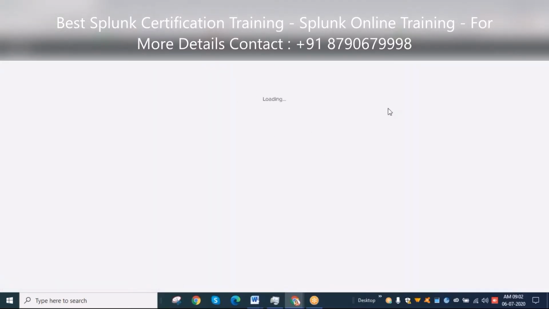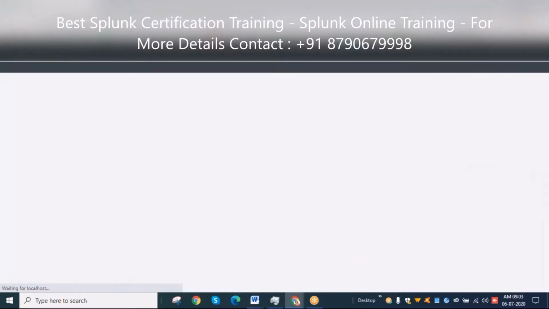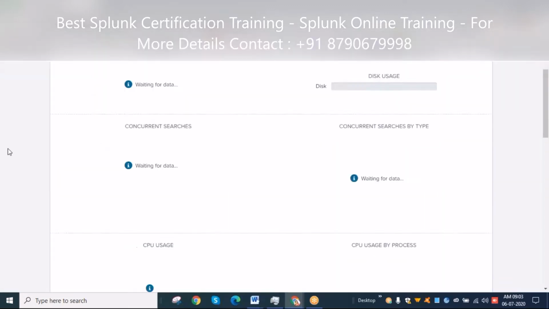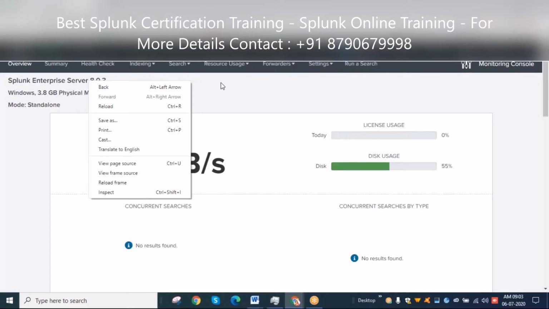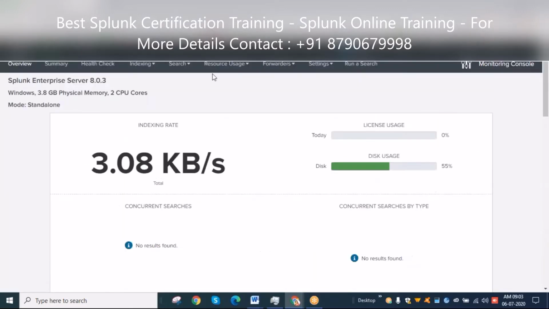I just want to show the DMC. Settings, Monitoring Console. Monitoring Console is nothing but DMC only. In the latest version, here Enterprise 8.0.3, you see all the resource utilizations.